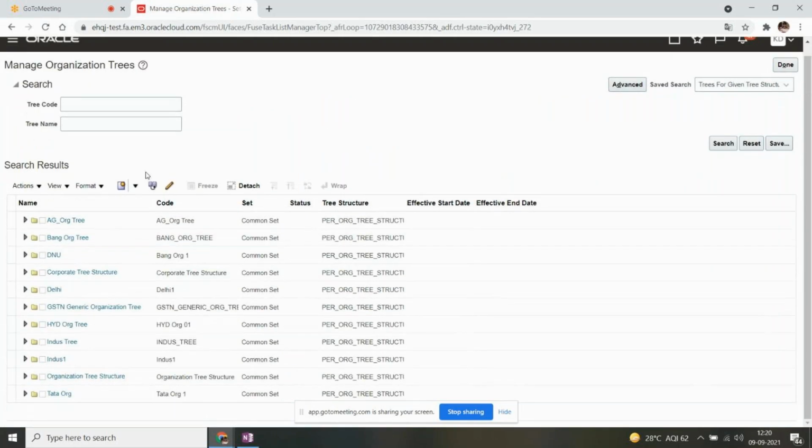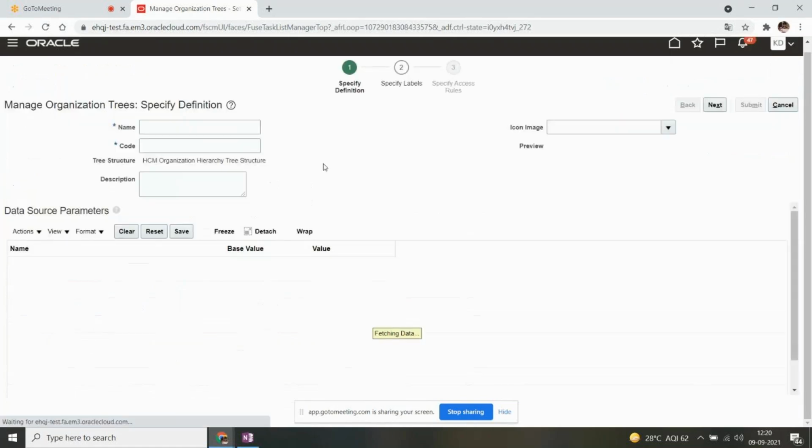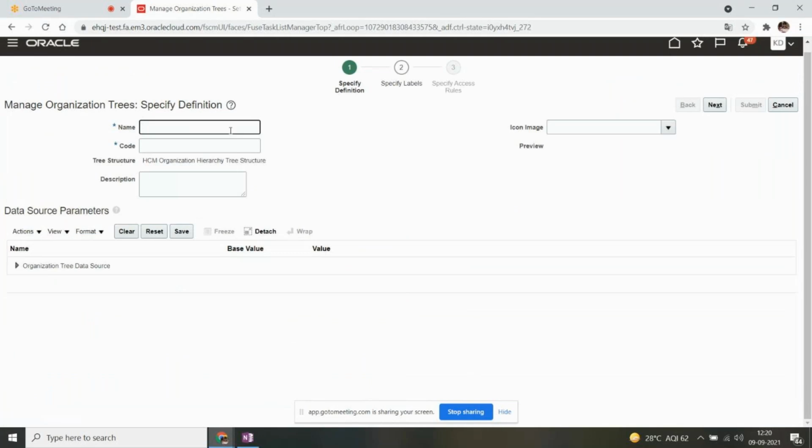So here we have to create a tree, right? So let me create one tree. Here I'm just giving the name and the code, and then click next.